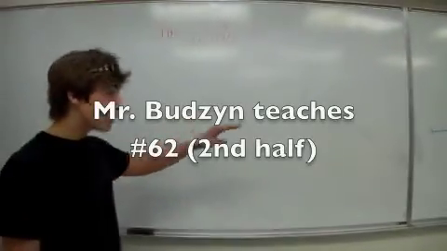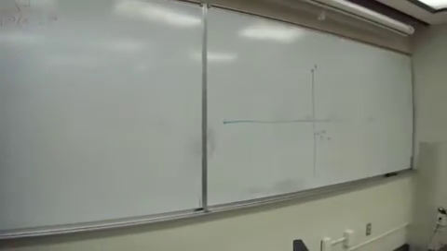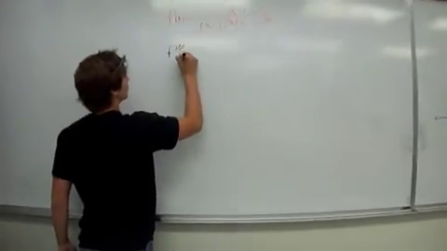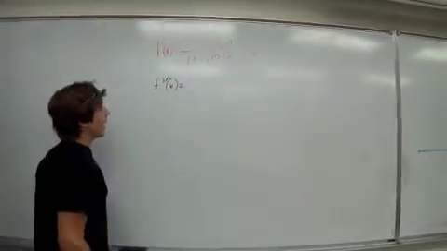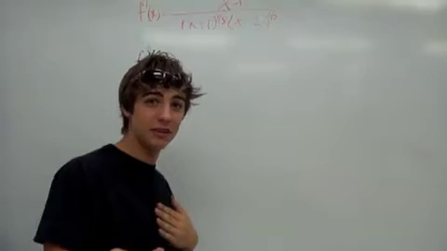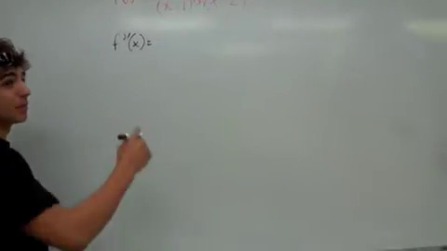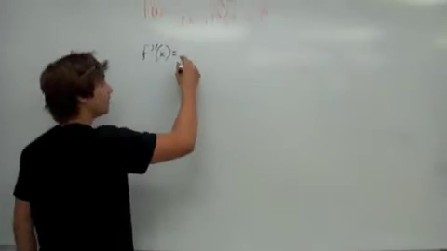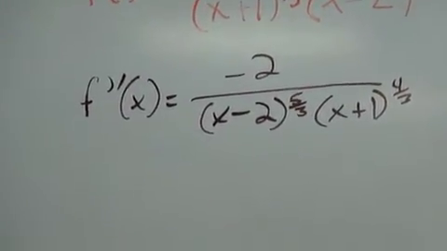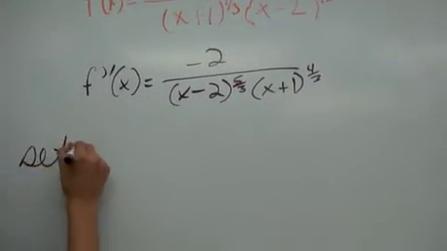In order to find a more accurate, defined shape of our graph, we need to find the second derivative of our function. And since it's crazy hard, look at that. I'm Mr. Budzyn, I'm telling you, plug it into your calculator because there's no way. Plug it into your calculator and get an answer. Alright, and the second derivative is, from this, we set our second derivative